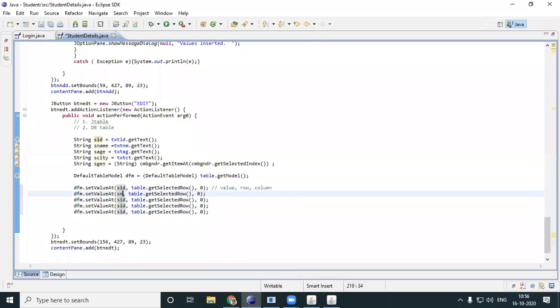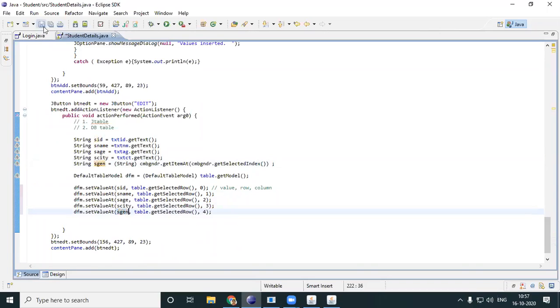S name, I will put it in the first column, this in the second column, this in the third column, and this in the fourth column. I'll just change all these SID. Here it will be S age. Here it will be S city. And here it will be S gender.